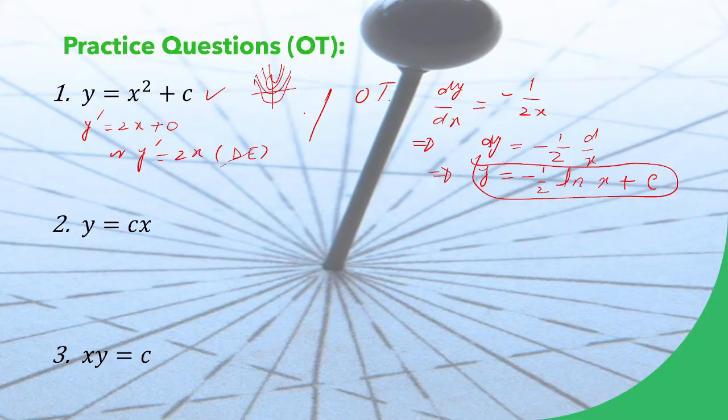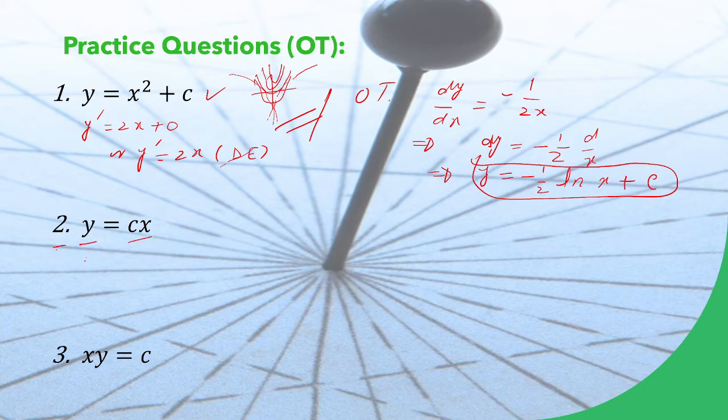It's minus 1 by 2 log of x. लॉग ऑफ एक्स का जो ग्राफ होता है वो ऐसे होता है, और फिर जब माइनस का करेंगे तो ये यहाँ पर रिफ्लेक्ट हो जाएगा. So it will become something like that. Okay, so the orthogonal trajectories are y is equal to minus 1 by 2 log of x plus c. Okay, if you see the second question is again, we are given a function y is equal to